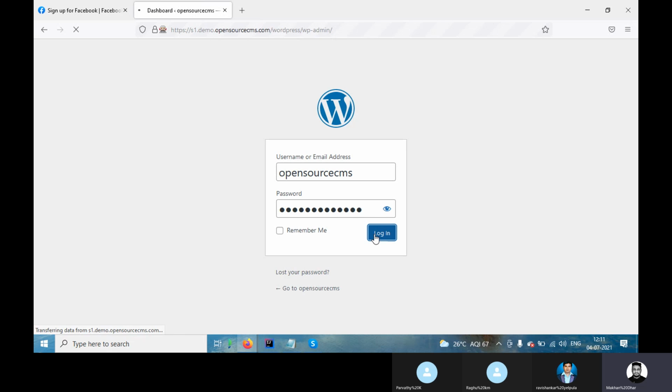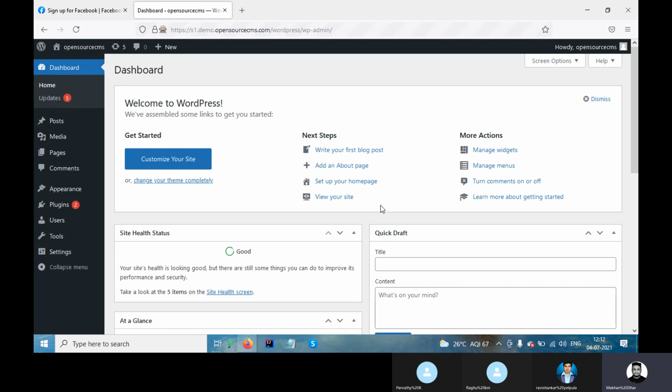Suppose I logged in. Sometimes for some applications, when you log in, you do not see the logout button. A mouse over action is there somewhere. For example, see, this is one: when I click on this, it is showing, otherwise it is not coming, right? This is one example.